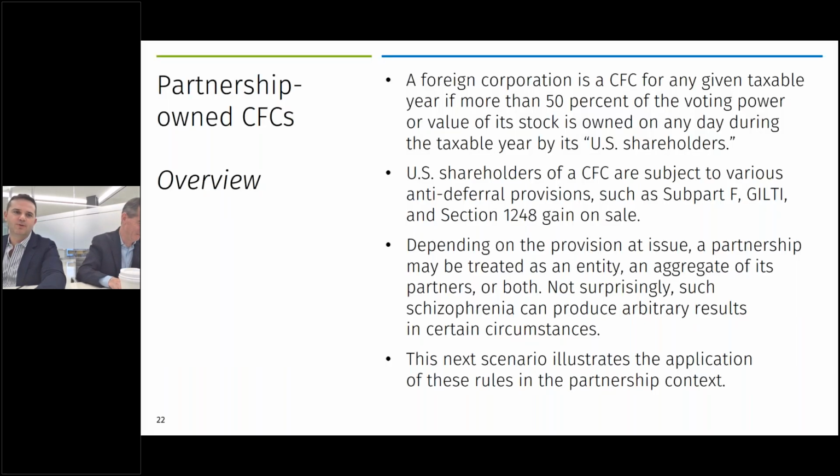So now we're on to partnership-owned controlled foreign corporations. Yeah. Okay. So there are some new developments here. We don't have an example on this, but